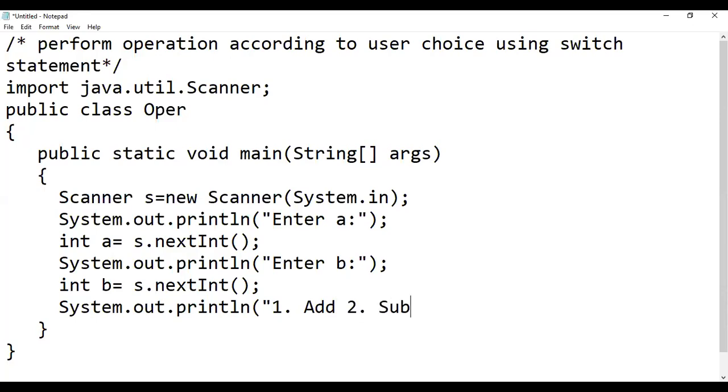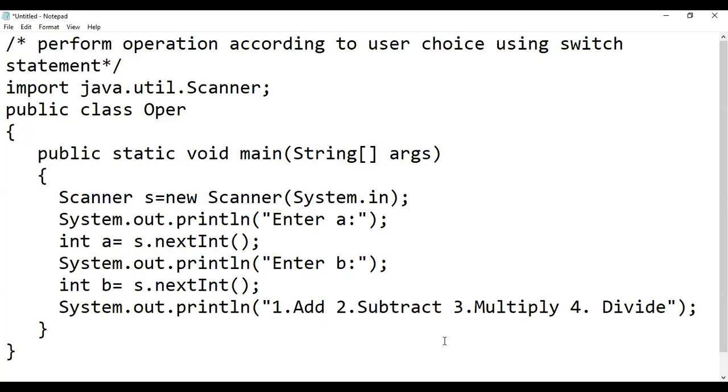You can also use a different system.out.println as per your convenience, and you can also add in one message 3 multiply and 4 divide.